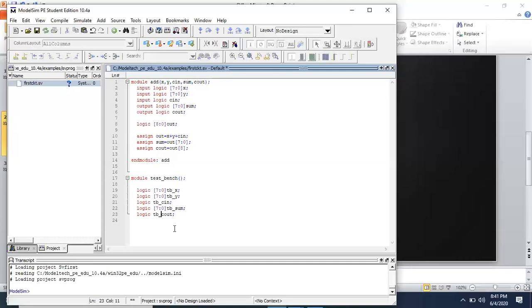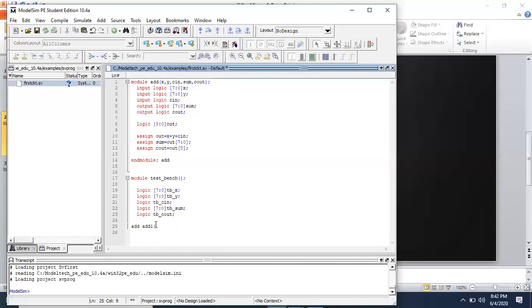Now the next step, after writing this, is to write the mapping, to map these variables with the variables which we have written in the module of the design code. For that, use the same module name you have given to the design code, and some name to access the variables.